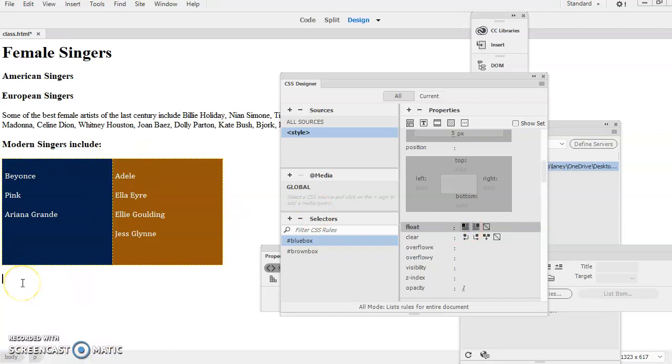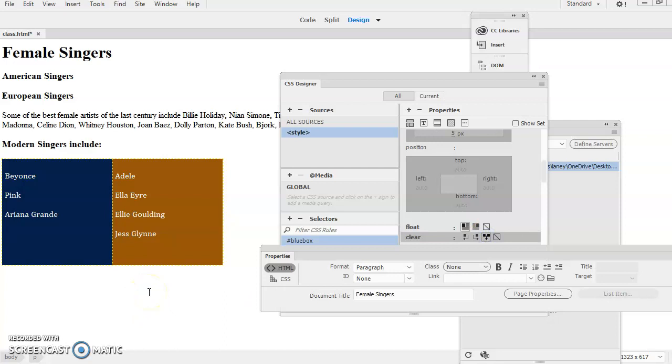Sometimes though it's difficult, you have to clear the float here. So I want to clear it at this point, so clear both. And that means that the text will now go underneath it. So if you want to float two boxes together, two div tags, both of them will float left and it creates a magnetic field. But you have to then just remember to clear the magnetic field by using the option